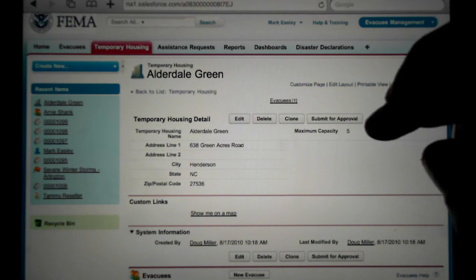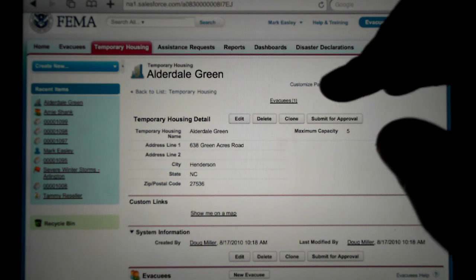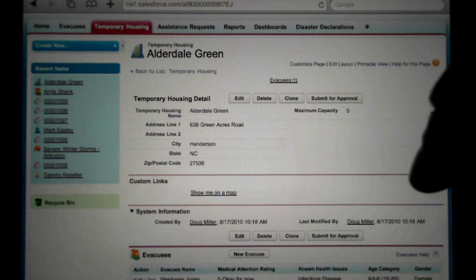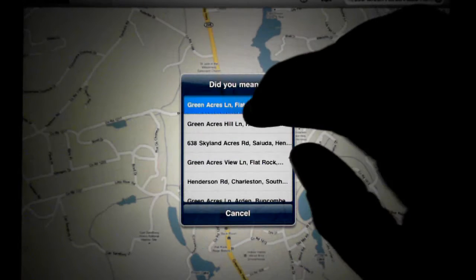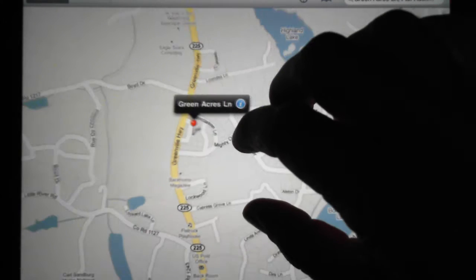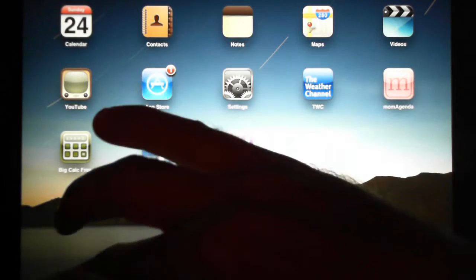Salesforce supports an approval process, so we have the ability to actually create a temporary housing record very quickly and submit it for approval if there's some sort of a process that we want to capture in that scenario. I can also actually use the mapping features of the iPad and pinpoint where that temporary housing location is on the map. Pretty straightforward. I'm going to navigate back to Salesforce,